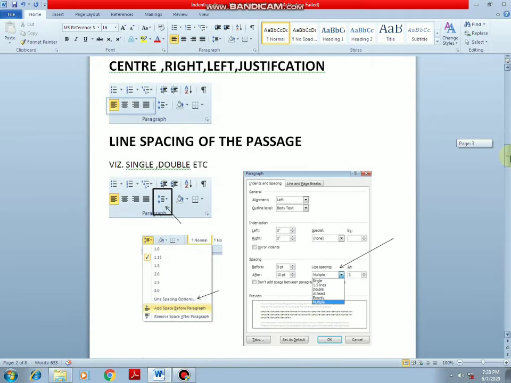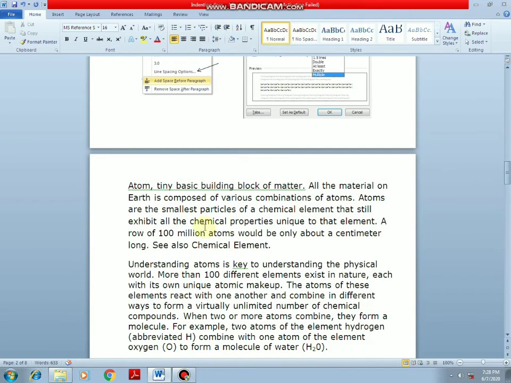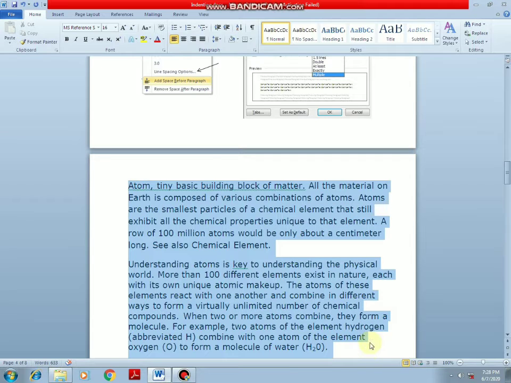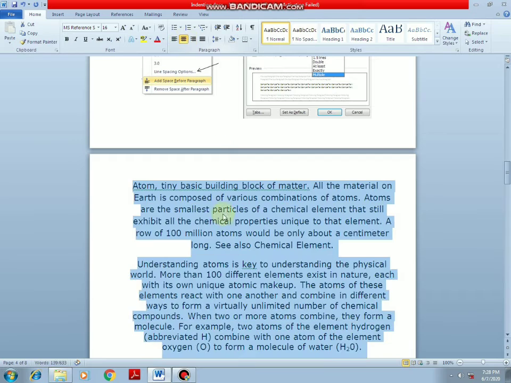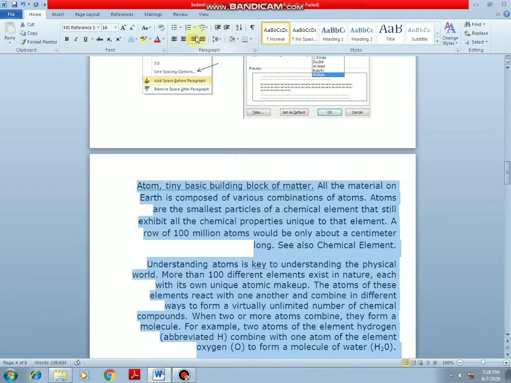Justification. In this operation, we select the item or paragraph, and if we click on center, then the whole paragraph is in the center. The center is the main focus. If we select the right side, align right, then the whole text starts from the right, and there is a mismatch on the left side.